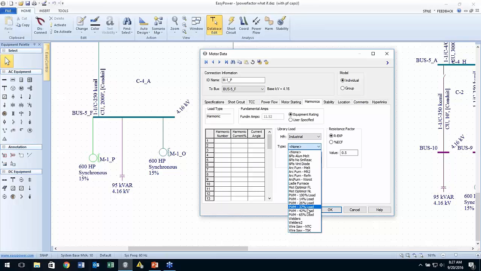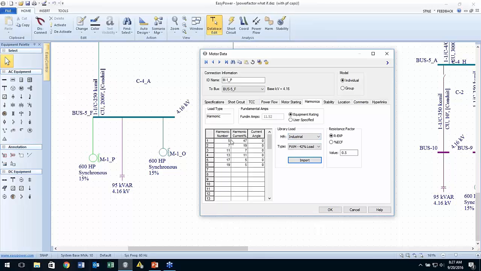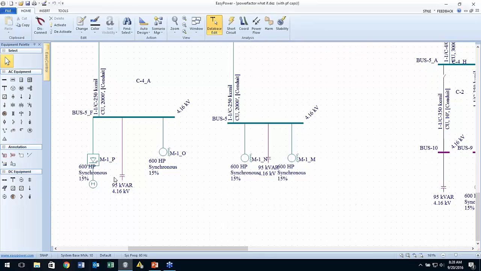We're going to say this is a pulse width modulated controller with a 42% load, and this will enter typical frequency and harmonic currents for the harmonic content that's predominantly in this type of controller. Now, if your manufacturer's data has specific harmonic content, then that's what you would be using here. You could enter those numbers straight into this spreadsheet. So now that I've got these,